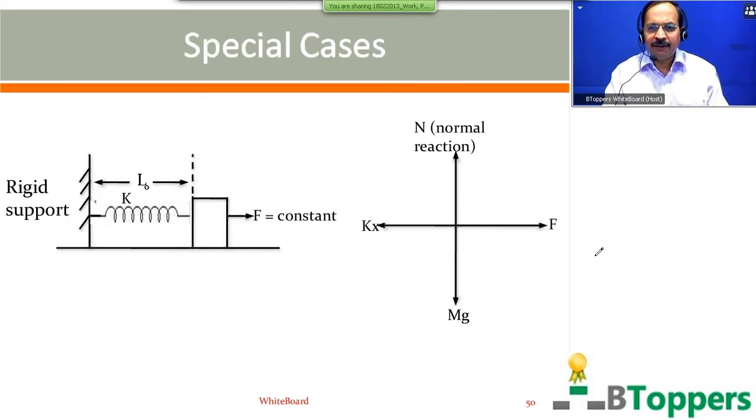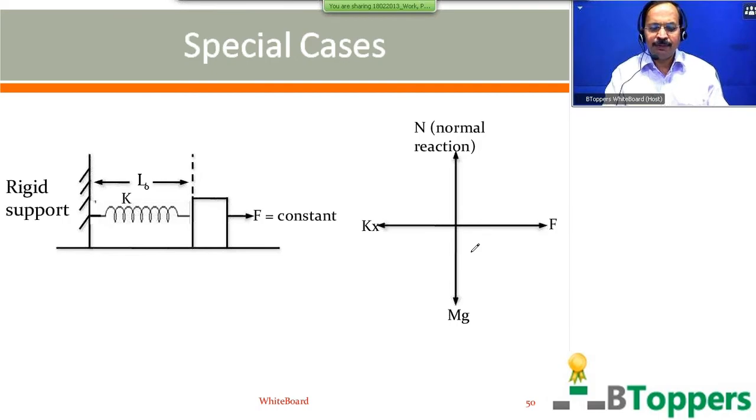The free body diagram here, capital F represents constant force applied on the block by an external agent which acts towards right. On the left hand side, kx is the magnitude of the elastic force by spring on the mass which acts towards left side as explained before. The weight mg acts downward, normal reaction acts upwards. Come on, finish copying the two diagrams. The first diagram shows the initial position of the block. The second diagram shows the free body diagram for the block after the spring is stretched by distance x.